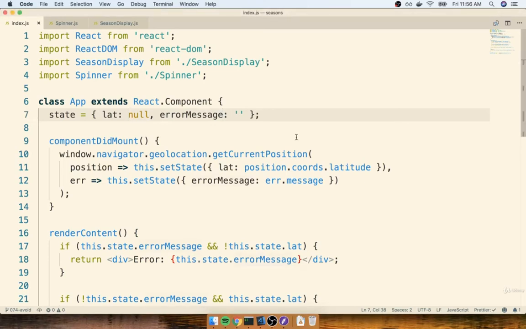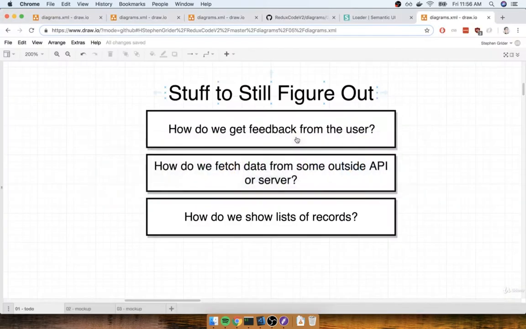All right, my friends, in this video, we're going to start talking about the next couple of topics that we're going to cover in React and the application we're going to build to better understand those topics. So let's get to it. I first want to begin by telling you about a couple things we still need to figure out around the